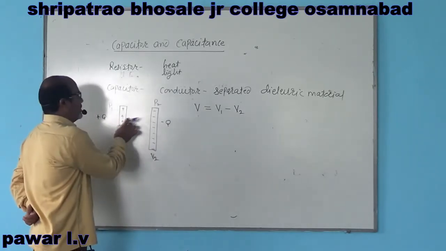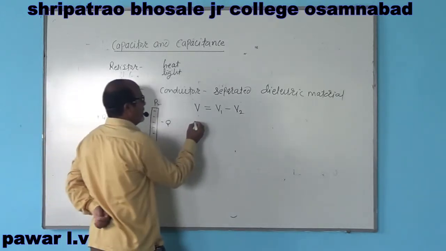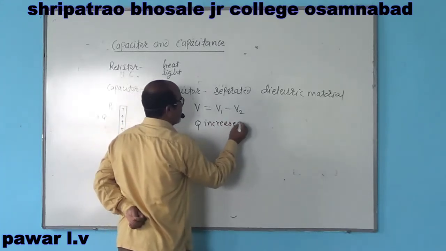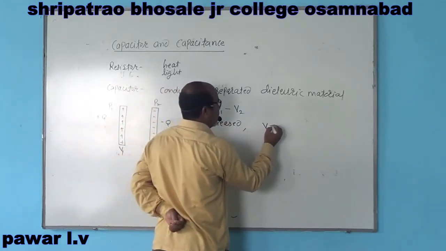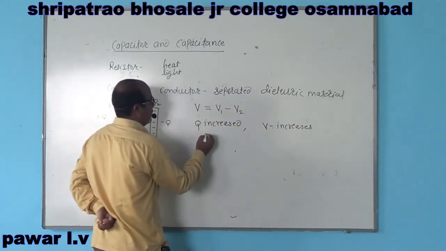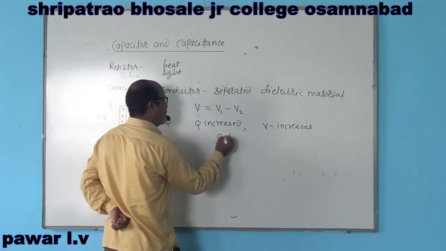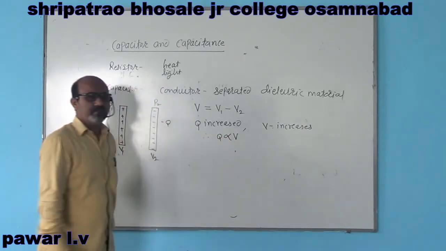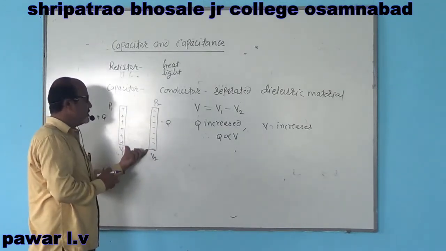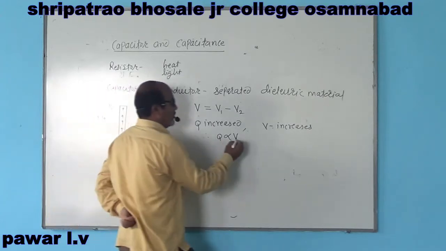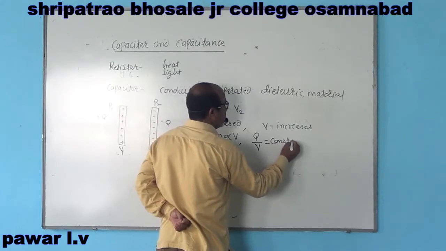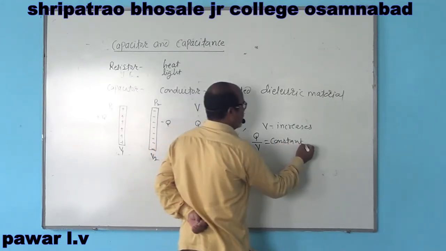If this charge is increased, this potential difference increases. So we can write, if the charge Q is increased, the potential difference V also increases. Therefore, we can write Q is directly proportional to V, or the ratio of charge on the plate to potential difference between them is constant. Q divided by V equal to constant, and this constant is called